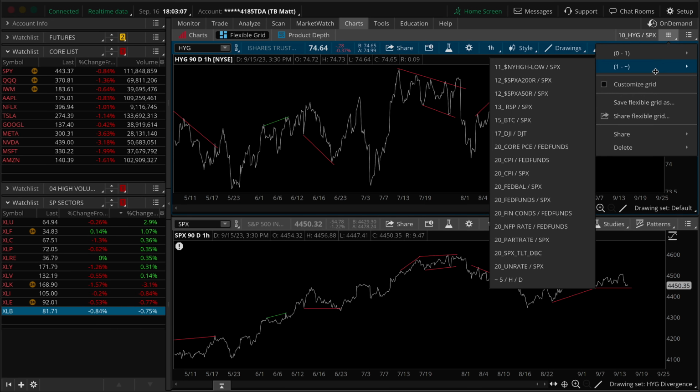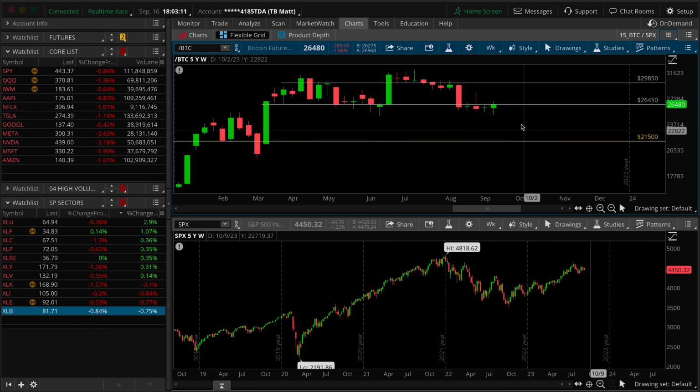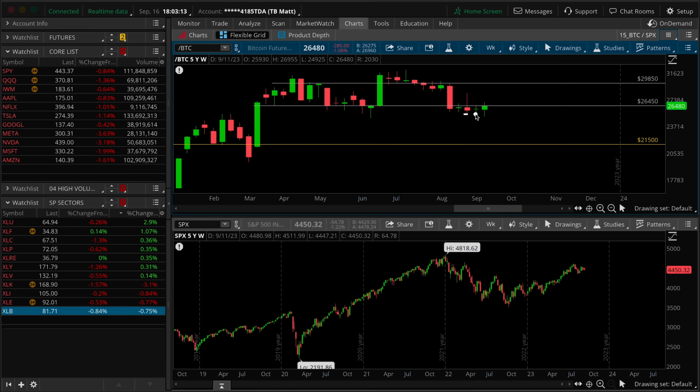What about Bitcoin? This is worth bringing up just because of what's going on from a risk appetite perspective overall. Notice that Bitcoin tried to make some new lower lows after this breakdown back here, but did produce a weekly hammer close to the bottom of this range. If it can get some more follow through back up into the range, obviously it's not one for one down here, but overall, that would speak to the appetite for risk actually improving,